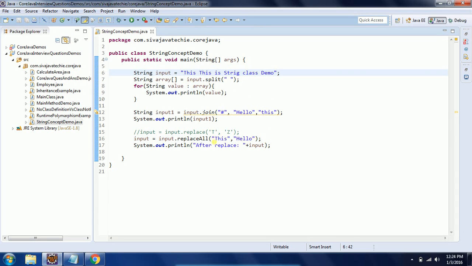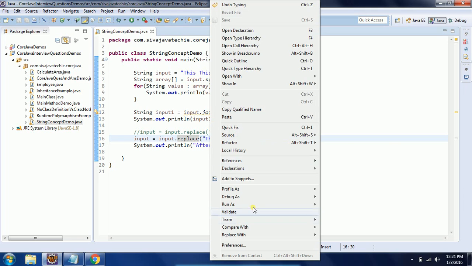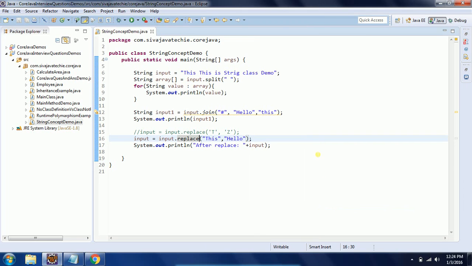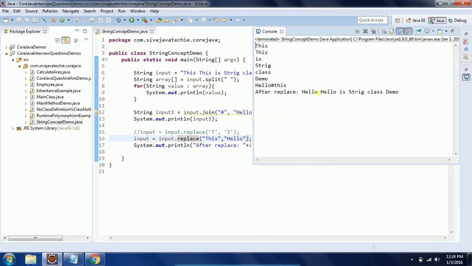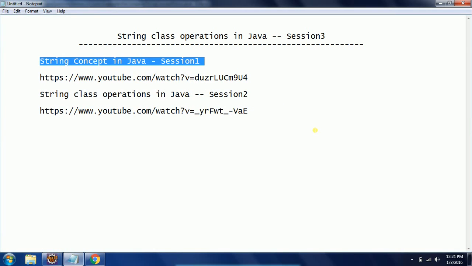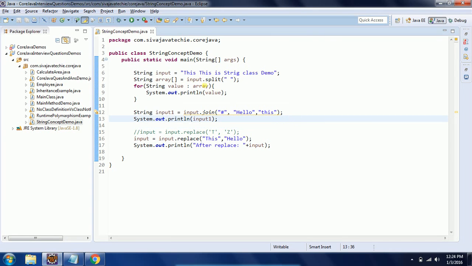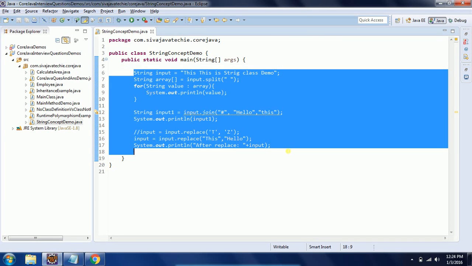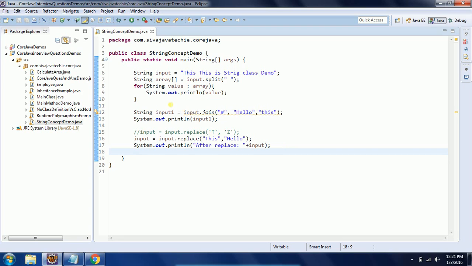But in the case of replace, it will just replace the first occurrence. So these are the other three methods which are useful while working with strings.